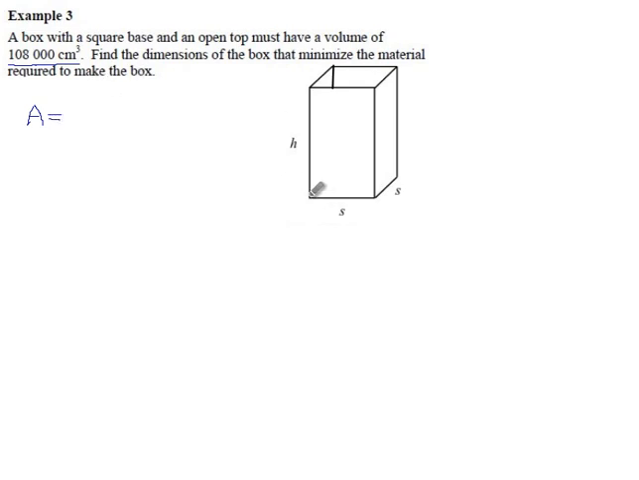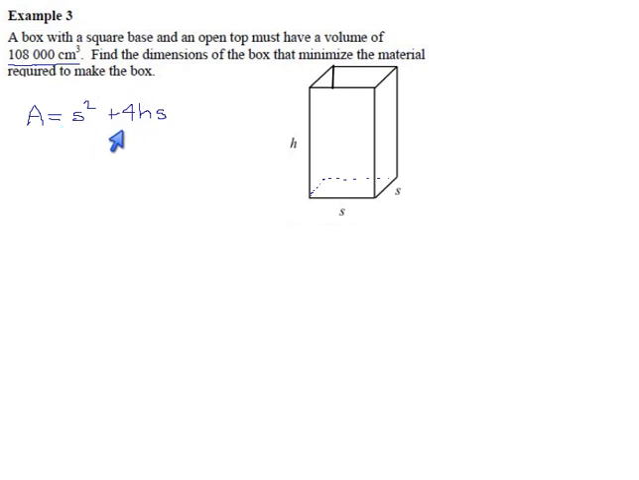So what's the area? The floor of this box is S by S. So there's that. Each of the sides of the box is a rectangle, which is H by S. And there are 4 sides like that. So S squared for the floor, 4HS for the front, back, left, and right sides, and there is no top. If there were, I'd be putting 2S squared. So this is our total area,